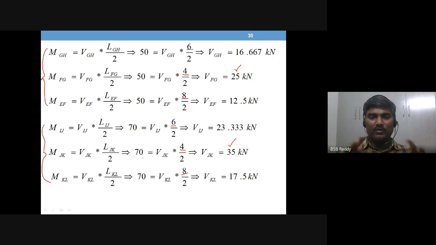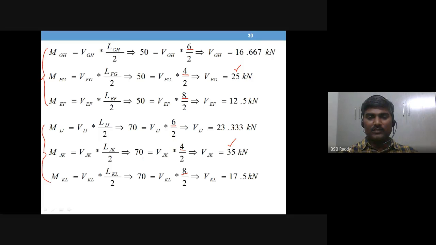Okay, it's all part of the knowledge that you have already studied. But anyhow, this is how the shear force values in beams are calculated, just with the beam end moment and the span. Knowing the span and the beam end moment, we are able to calculate the beam shears, and finally putting